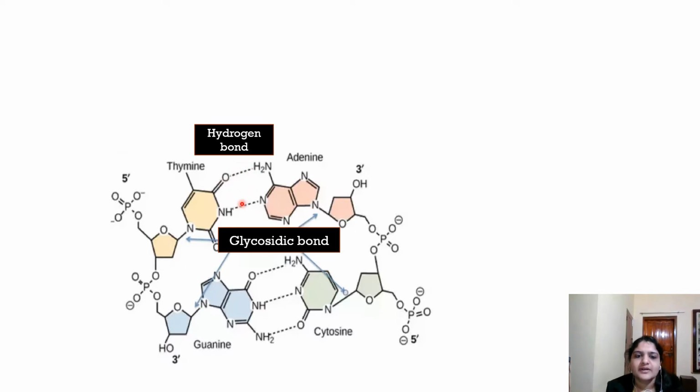These bonds, which pair thymine and adenine, are hydrogen bonds. Between adenine and thymine there are 2 hydrogen bonds, and between cytosine and guanine there are 3 hydrogen bonds. So these are usually asked in exams. So sugar is connected with the help of glycosidic bond, whereas the pairs thymine and adenine and cytosine and guanine are connected by means of hydrogen bonds.